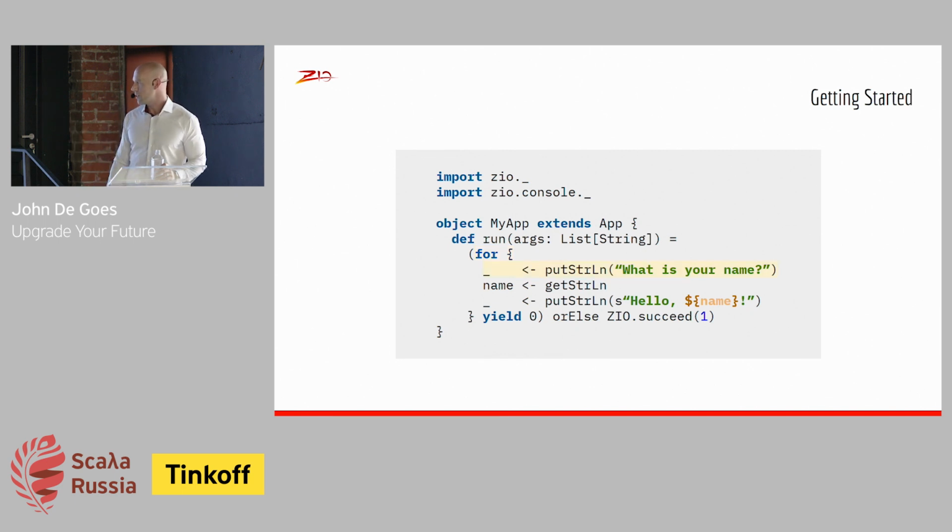And once you use the for comprehension, you just state everything you want to do in a linear order. What is your name? Get the name from the user, print it out to the console, and then return some value out of your for comprehension. That's the translation that you go through mentally when you use for comprehensions. And in this case, that produces an effect, and then I use the orElse operator to say, well, if that effect fails, I want to do something else, namely I want to succeed with the number 1. So what happens is I either return 0 out of the first effect, which means success, or else I'm going to end up returning 1 out of that.